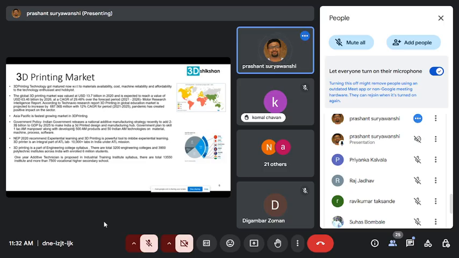But it is a mission of the government. There are some challenges because this is an evolving technology, such as material availability. The main challenge with 3D printing is the manpower skill set, and once you are able to get these skill sets, all these things will fall into place.